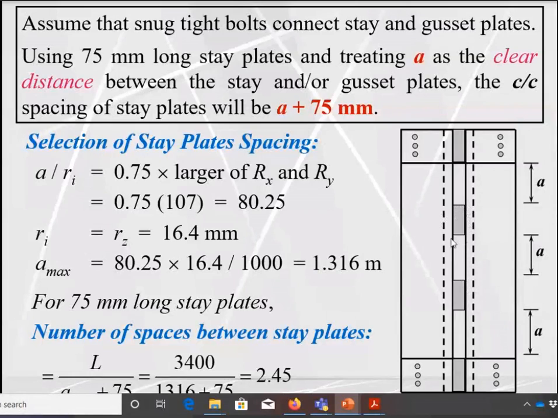The stay plate thickness is around 10 millimeter, the depth may be equal to the depth of the section, and the length is equal to 75. So the size of a stay plate is normally very small, and along the length we are just connecting with 2 or 3 stay plates. We are just placing both sections very close to each other. In this case, we are mainly making the built-up section just to increase the moment of inertia about the y-axis to a certain value, not to any larger or significant value.